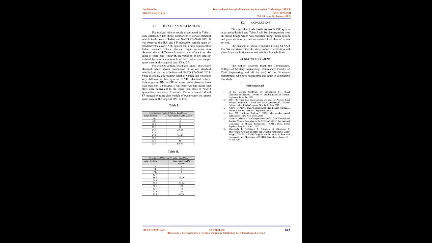Secondly, the BM produced by vehicles was compared for each class of load of these classification systems. The load classes of the STANAG 2021 system which had the same BM value or below that of the BM produced by Indian vehicle classes were placed together under the same category of vehicle load class. Hence, the table obtained above by comparing SF was rearranged and a comparison table based on BM was produced.